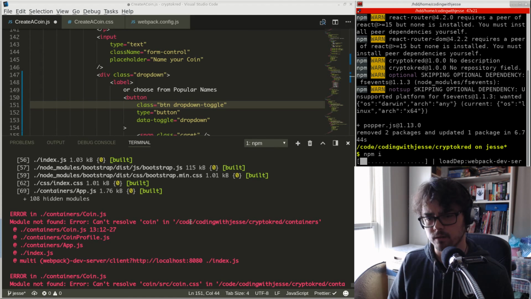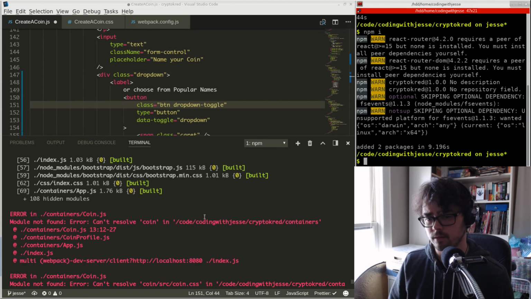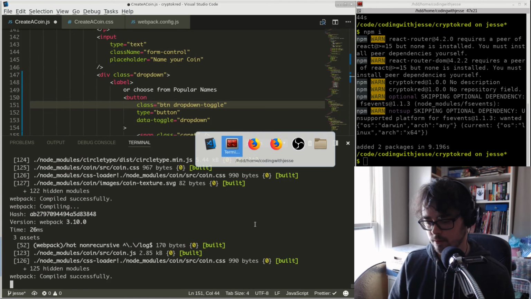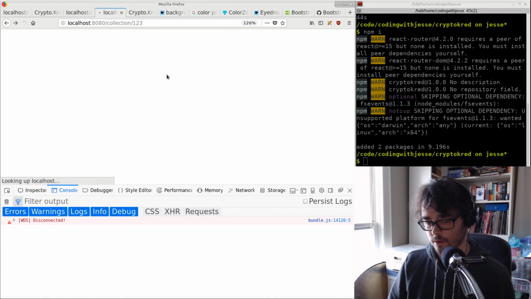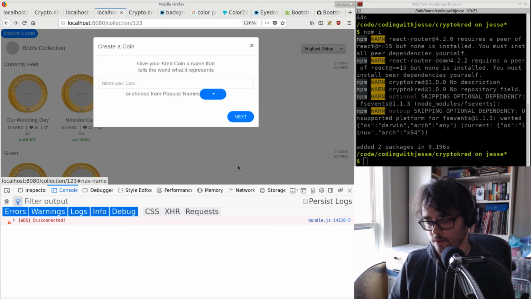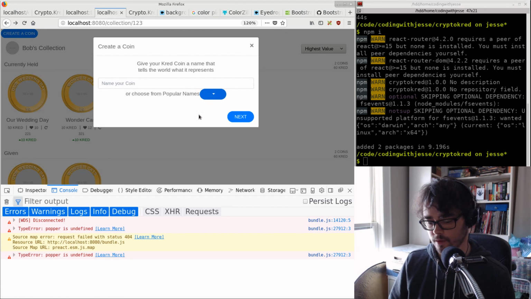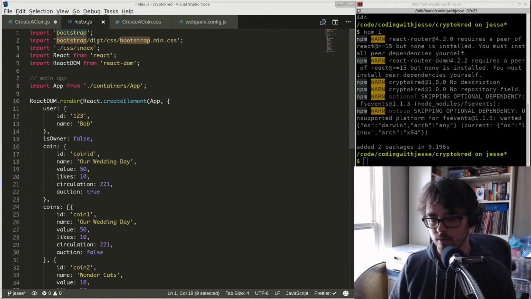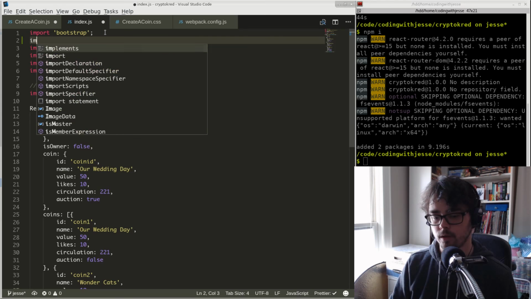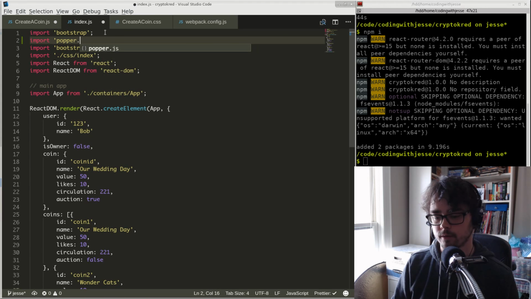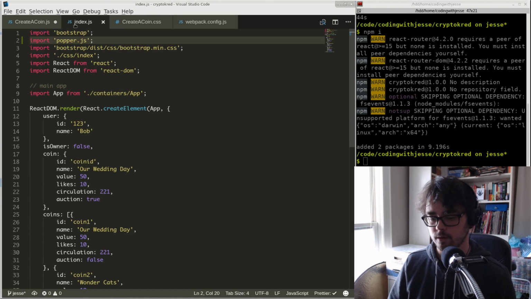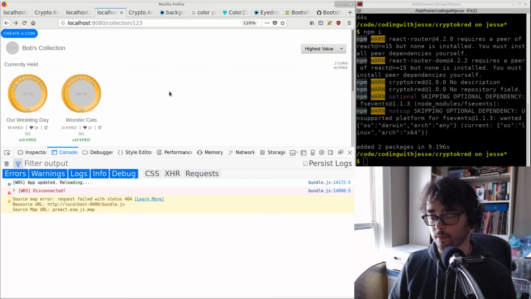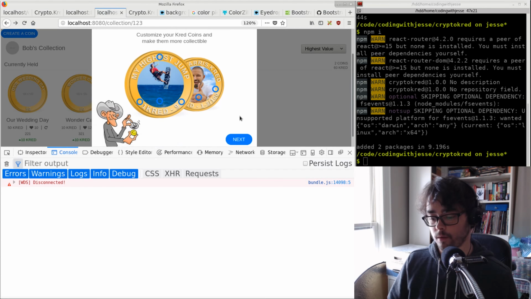It's like every time I install something, I have to reinstall my coin. Seems to be the theme of the day. Is that better? Yes. And here. Yes. And here. Popper's undefined still. Oh, I have to link it in. So, this is stupid, but whatever. Import popper.js, which is kind of silly for a library in NPM to have to call it that. Popper